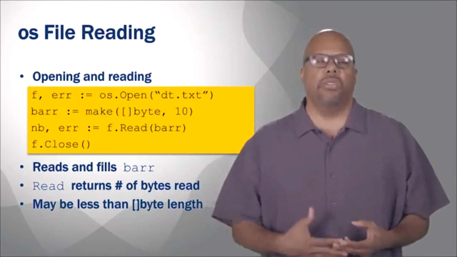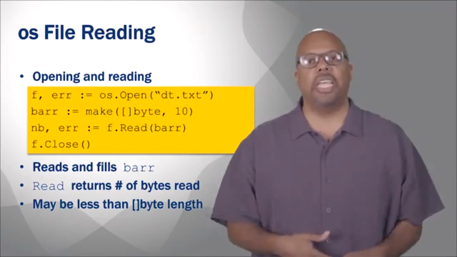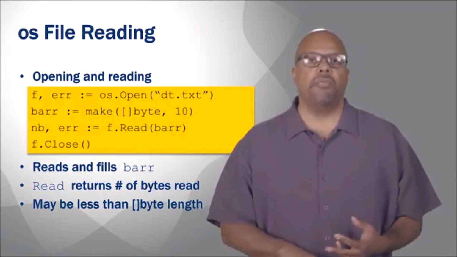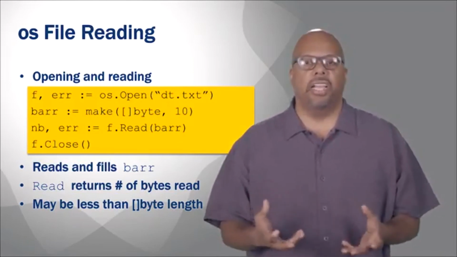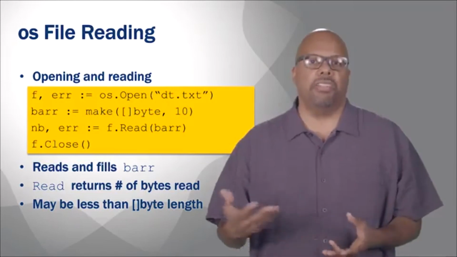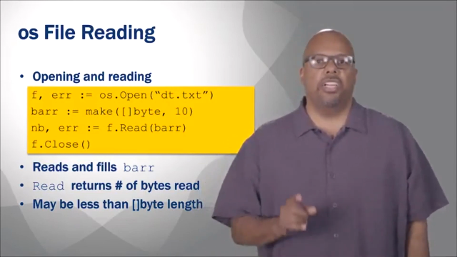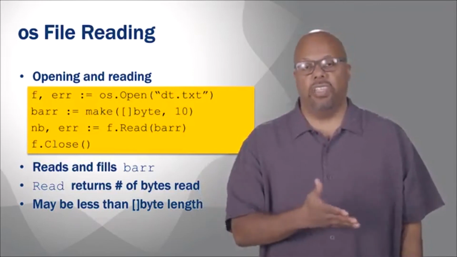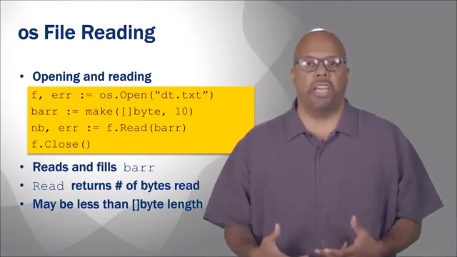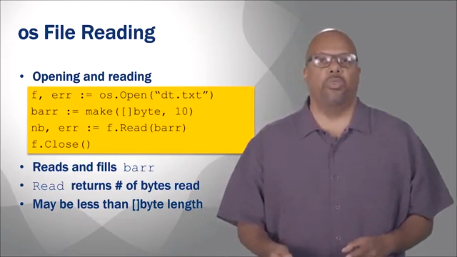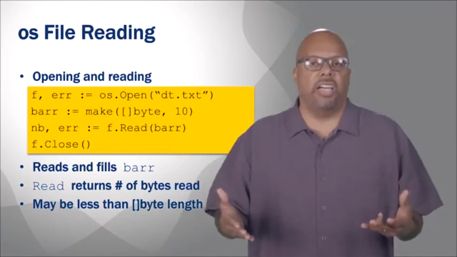Now for this file I want to read into some byte array. So let's say I want to read 10 bytes out of this file. I can make a byte array, bArray colon equals make, I call make, I give it the type byte, and I say comma 10. So now I have this empty byte array. Then I can call f.read. F is the file handle that was returned by open. Call f.read, pass it the byte array as the argument. And it will then fill that byte array with the first 10 bytes out of this file.